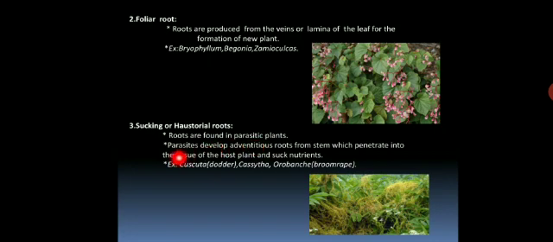That parasitic plant has the capacity to develop adventitious special roots for penetration from the stem to other tissue of the host plant, and it can suck the nutrients also. That type of root is called haustorial root. The haustorial root helps the survival of parasitic plants. For example, Cuscuta, Dodder plant, broomrape. Here the diagram is a Cuscuta plant.